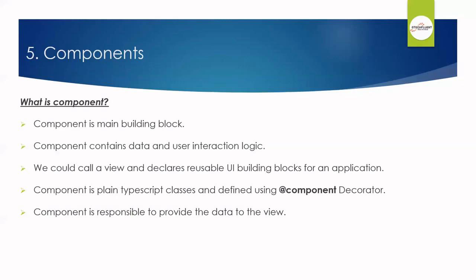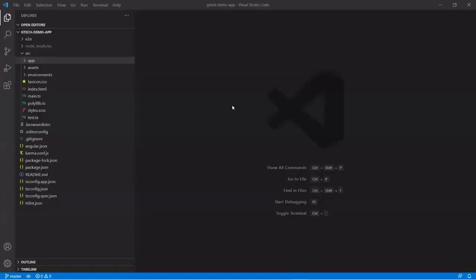So now let's see what is meant by the default component. For that we need to go to the project which we have created for this video tutorial series. So let's switch to VS Code. So we are in our project. When we create a new Angular application, by default one component, the app.component.ts file, is created. We can find this file under the app folder.